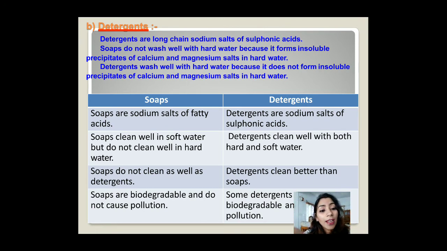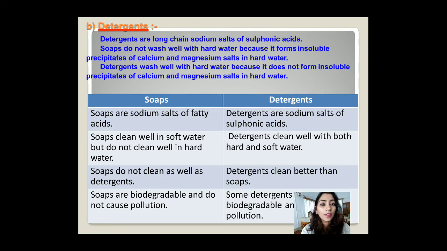The water which has carbonates and sulfates of calcium and magnesium is called hard water. This hard water has a tendency not to dissolve soap properly, and a white layer settles at the bottom of the pan. We have observed that whenever we go someplace where there is hard water, soap will not dissolve. If you apply oil on your hand, you will feel the oil is not coming out easily. That is hard water.